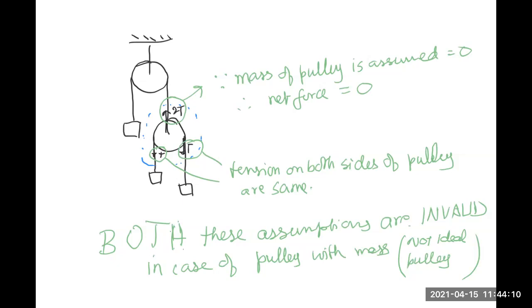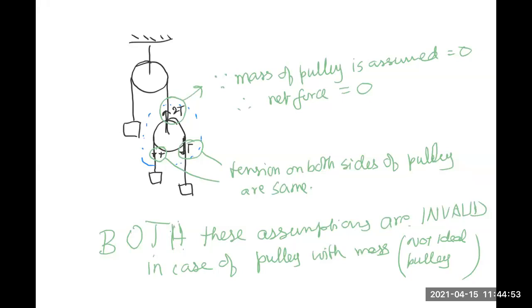जब हम मैकेनिक्स शुरू कर रहे थे तो पुली मास सिस्टम्स को एनालाइज करने के लिए हमारे पास ये तरीका था. This was the way that, सेम स्ट्रिंग है तो सेम टेंशन रहेगा, पहला चीज. और दूसरा, पुली के ऊपर नेट फोर्स हमेशा 0 रहेगा. Now both these things will not hold true if the pulley has mass. If the pulley does not have mass, no problems. Everything is back to normal.